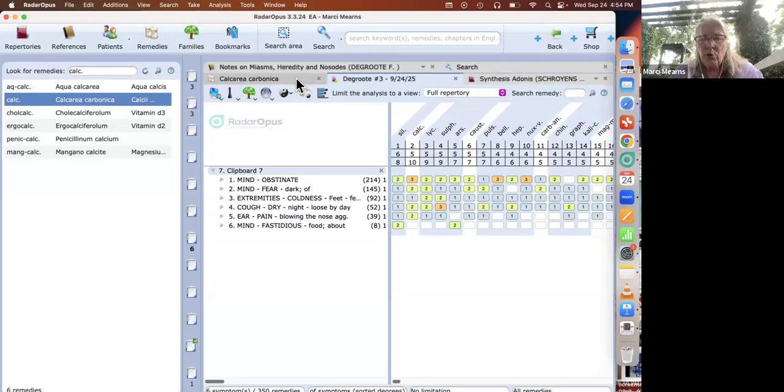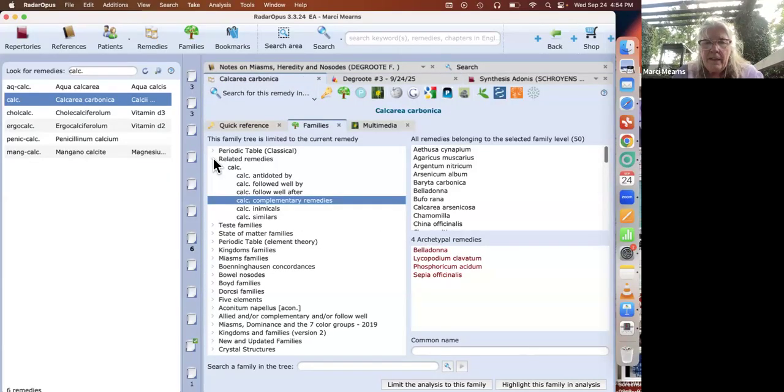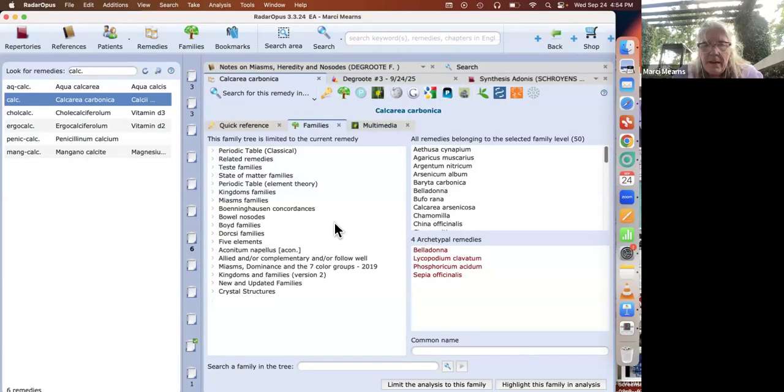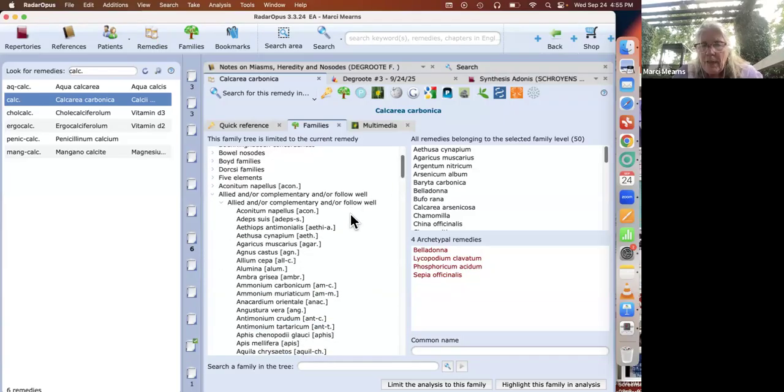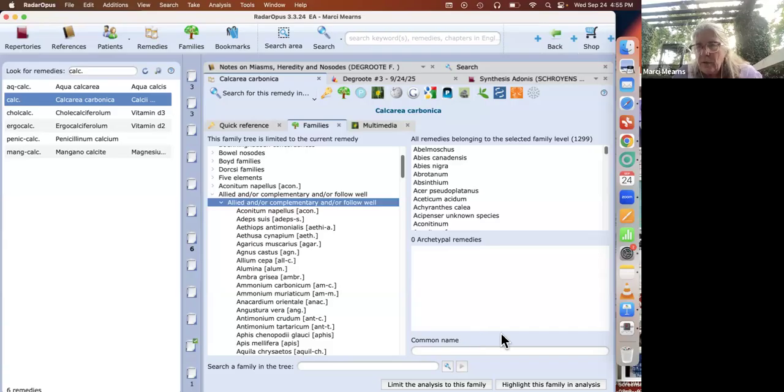What Dr. Degroote has given us is yet another database, which complements those that I just showed you. And it's this one called Allied and or Complementary and Follow Well.